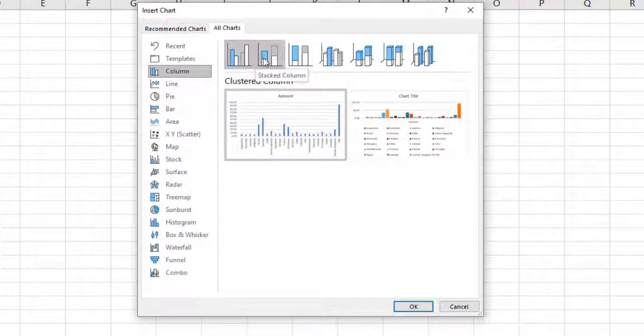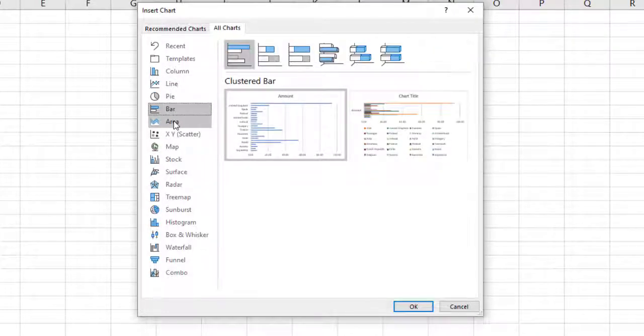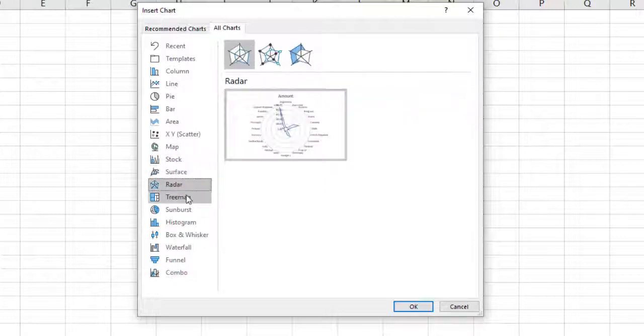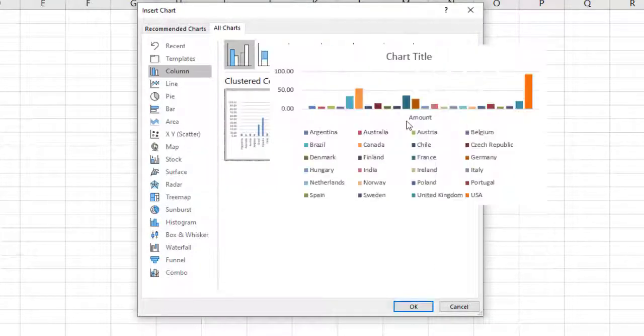Line chart, what would the data look like as a line? Yeah. Bar chart, yeah, maybe if I wanted it horizontal as opposed to vertical. Area chart, no, that doesn't do any good. Map, no. Stock, surface, radar, tree map, ooh, that's kind of cool, but no. There's some other charts, but for the simplicity of this, I just want to do